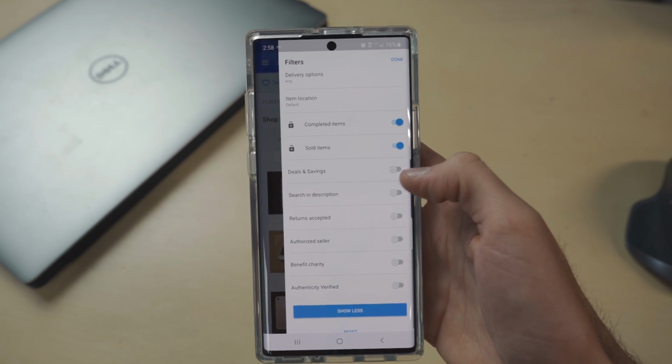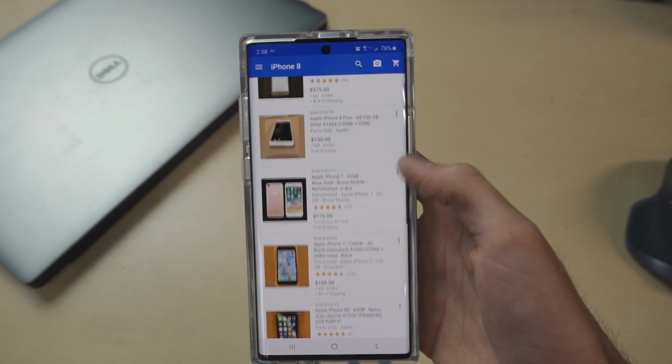So for example, if I hop on Facebook Marketplace and find an iPhone 8 for 50 bucks, someone just found it in their closet, they wanna just get rid of it. The iPhone 8, 50 bucks, obviously it's worth a lot more than that. So you go scoop it up, $50, and instead of pricing it around what the sold listings are typically for that item, just price it down a little bit,